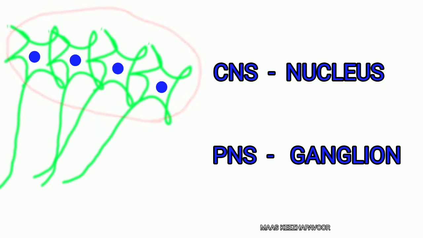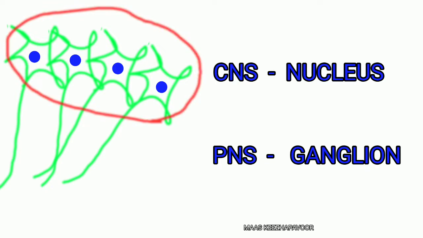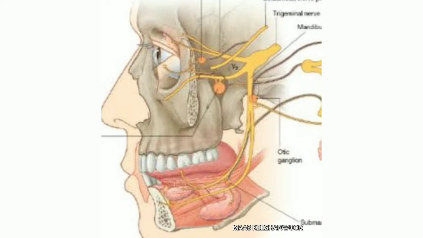What is ganglion? Ganglion is the collection of nerve cell bodies in the peripheral nervous system. Such collections in the central nervous system are called nucleus. There are four parasympathetic ganglions in the head region. All these four ganglions are topographically related to the three branches of trigeminal nerve, functionally related to oculomotor, facial, and glossopharyngeal nerves. The ganglions are ciliary ganglion, pterygopalatine ganglion, submandibular ganglion, and otic ganglion.